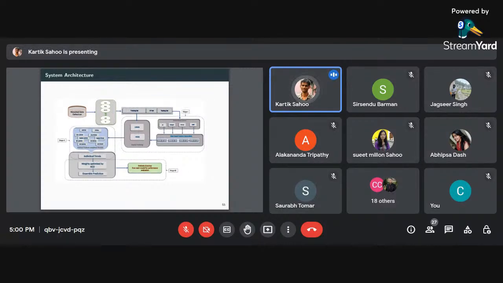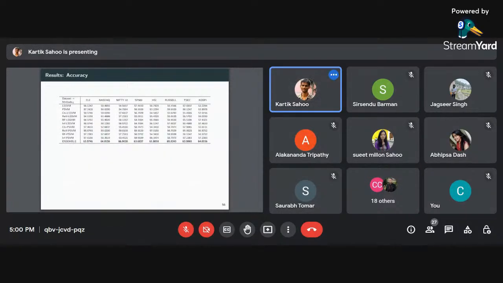So basically, this works as a three-stage strategy. First stage is the important score generation and training. Second stage is the hybrid models and individual trend forecasting. And finally, stage three, where we do our ensemble prediction and then performance evaluation. Okay, so using these techniques, these are the results that I'm getting for different